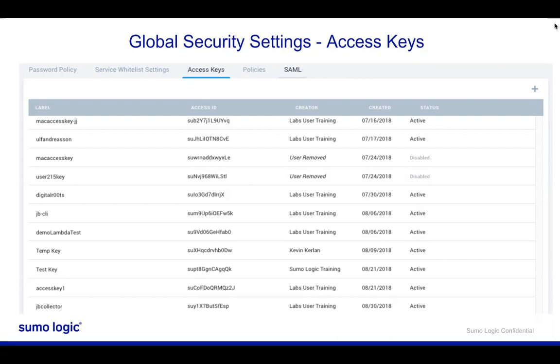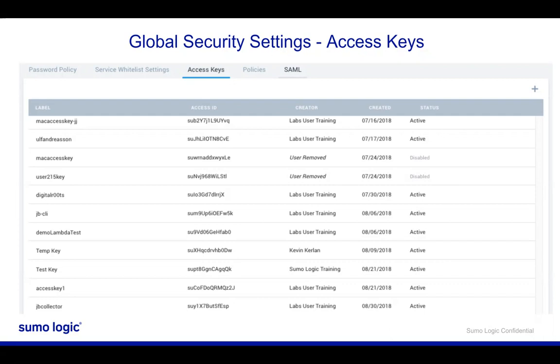Similarly, if you use your credentials and you leave the company and we deactivate, or you deactivate, a user's account, then those credentials will no longer work as well. So the access key and ID pair allow you to still log in, but not use your credentials. And even if you disable the user, those credentials can still work. And so this is why we want you to use these, like I said, primarily for the API